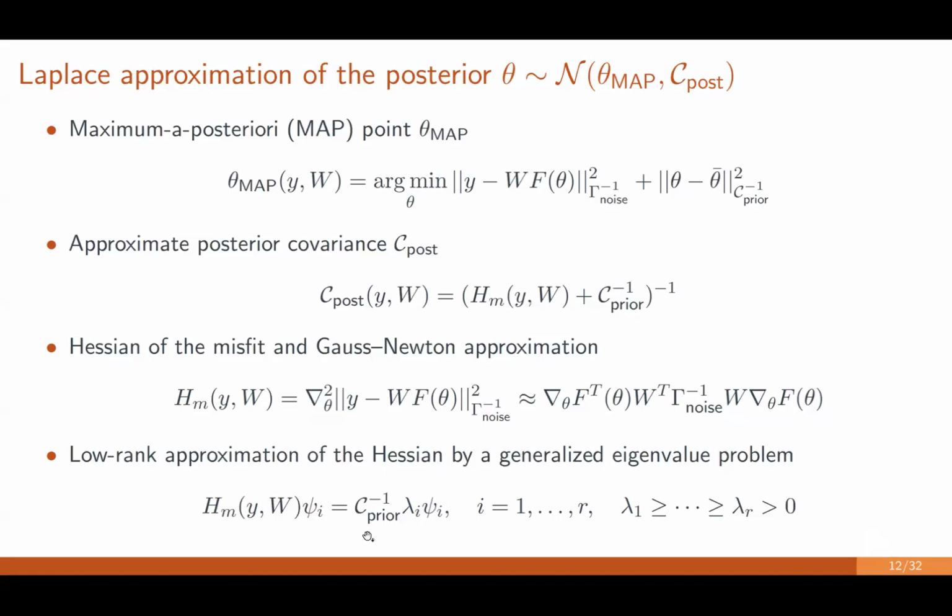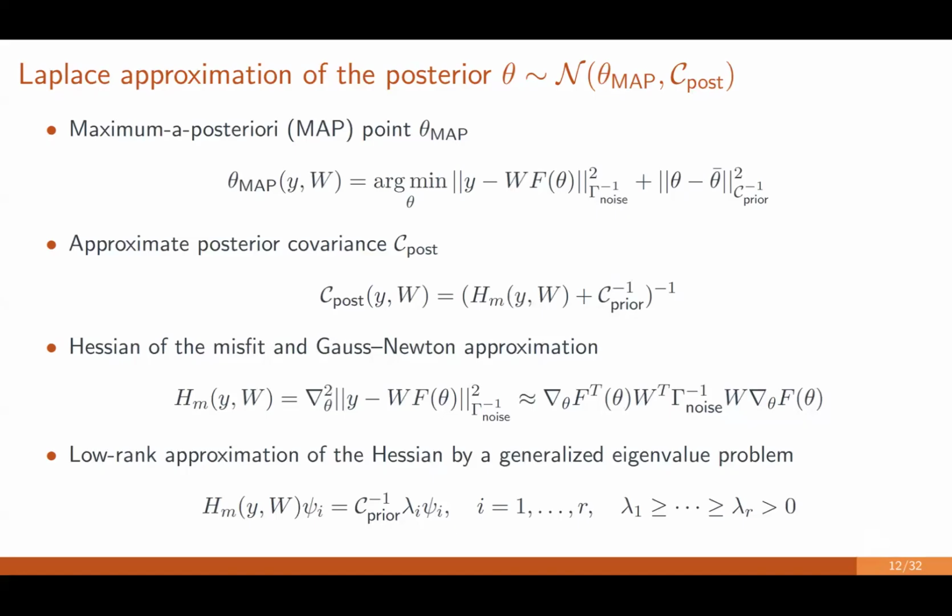Here, we can use a randomized algorithm like a randomized eigensolver to solve this generalized eigenvalue problem, where on the left you have the data related term, and on the right you have the prior information related term. This eigenvalue indicates the relative sensitivity of the corresponding eigendirections psi_i. If lambda_i is quite big, that means the data tells you a lot, so you are going to use this psi_i. If lambda_i becomes very small, then the data doesn't really tell you much in the corresponding direction psi_i. If this lambda_i decays pretty fast,